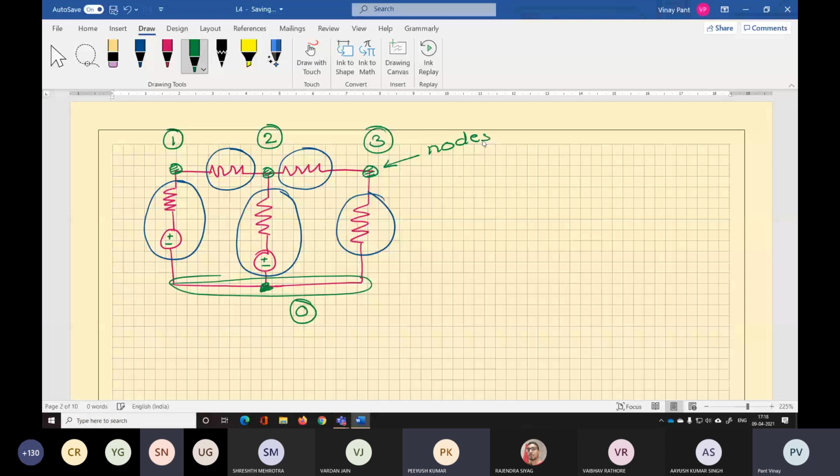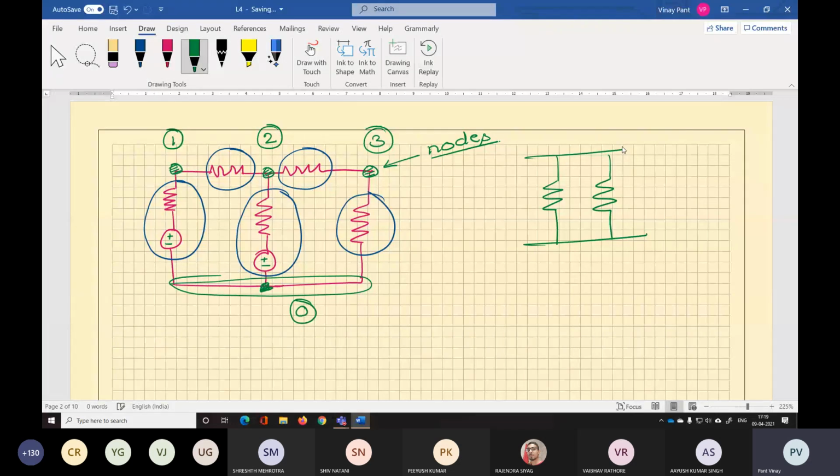Sir, what if they are in parallel? Even then we will maintain them separately. They will be treated as separate. We will not combine anything. We'll keep them separate, take them as separate elements. We will leave the elements as they are without any combination. We will not modify the network except in 1 or 2 cases that I will discuss later. But in general, we will not modify our network at all. We will use the network as it is and feed it to the computer for solution. So is the concept of node clear to you now?